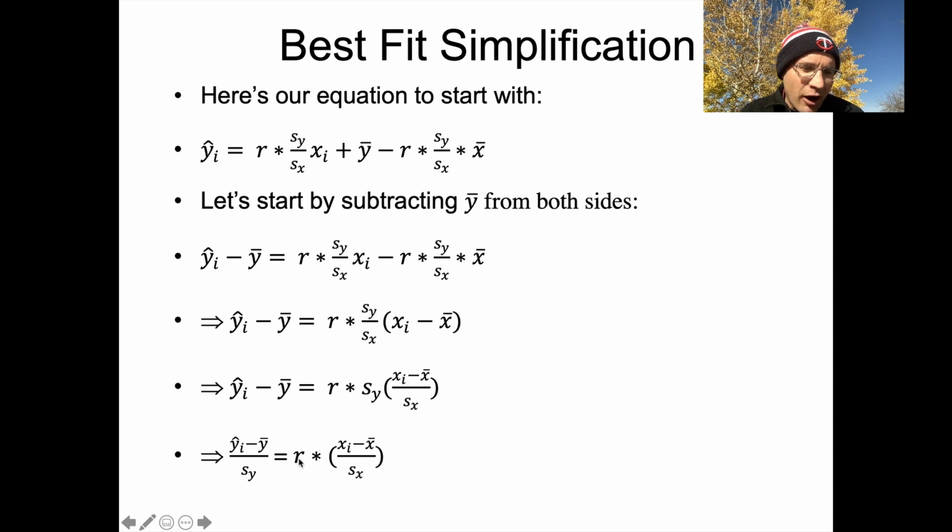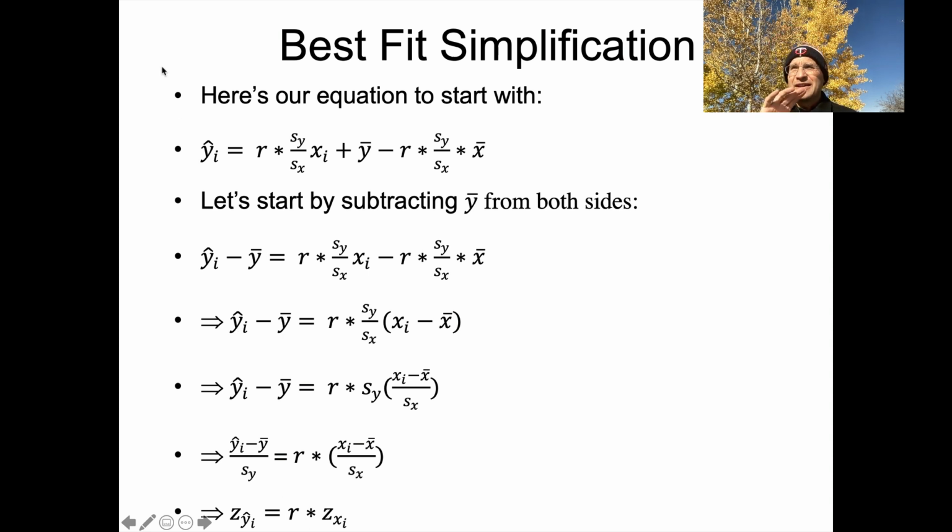They're connected by r, and what these guys are is the z-scores for two different terms. So we've got the z-score for y hat sub i equals r times the z-score of x sub i, which I think is maybe one of the coolest expressions of r. We could even take it a bit further and say r equals the z-score of y hat sub i divided by the z-score of x sub i. But we'll leave it as this for now.